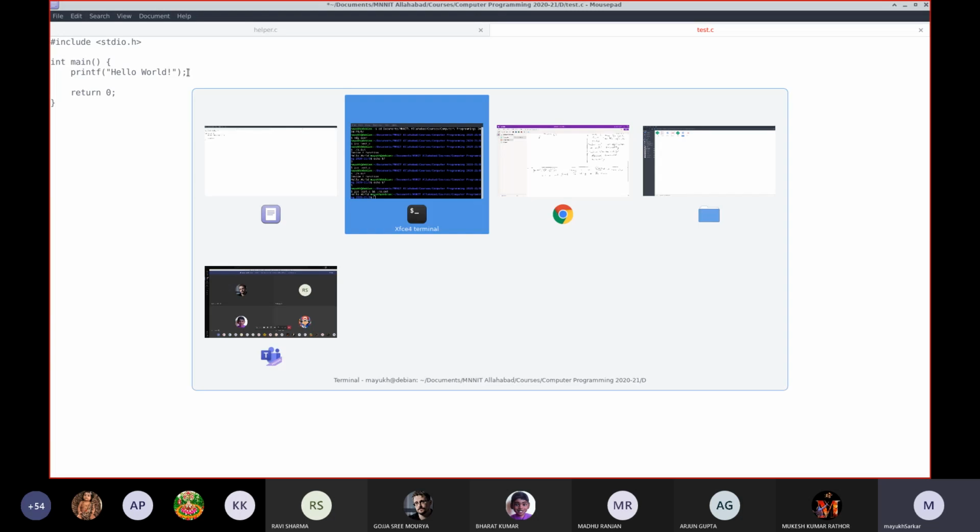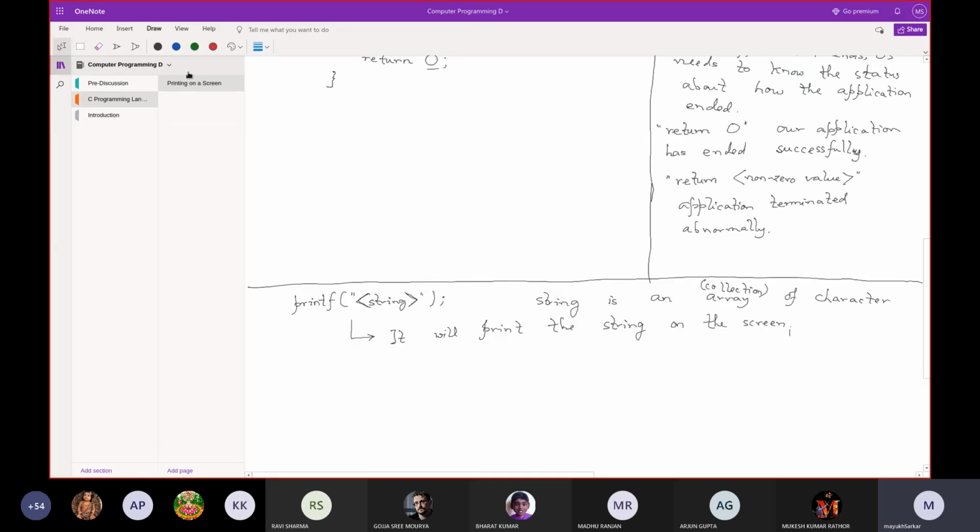And remember, every function is a sequence of statements and blocks.